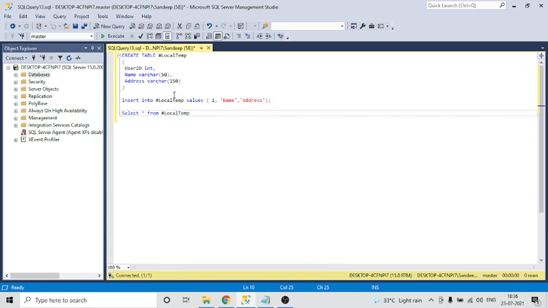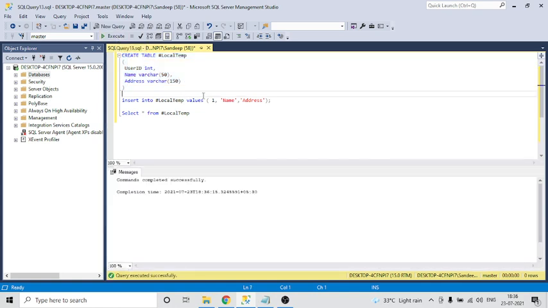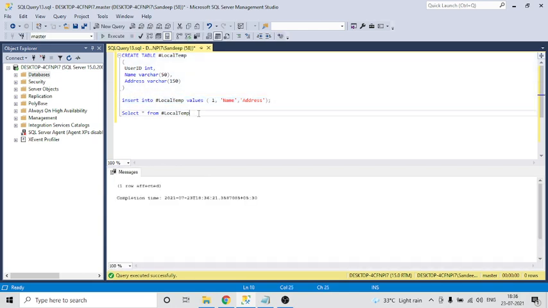So I am going to create the table. Just select the CREATE TABLE syntax and execute, and after that insert the record into the local temporary table and execute. So this local temporary table is created in our database.